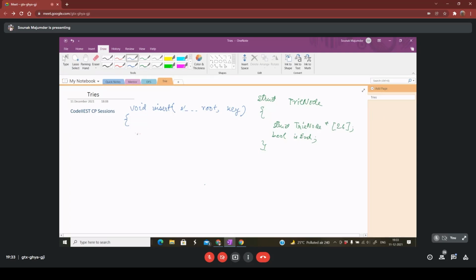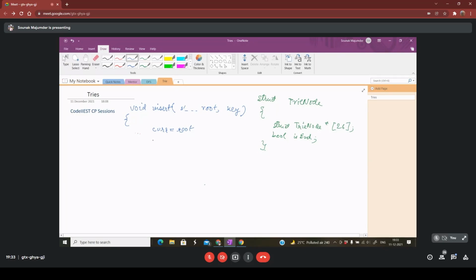So first, let's have a current node. I'm not writing the data types, it's just a waste of time, you can just understand. So we run a loop from this root. We have to add all the characters of key if they are not already present there.